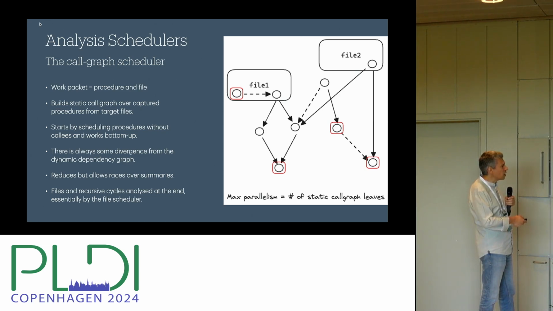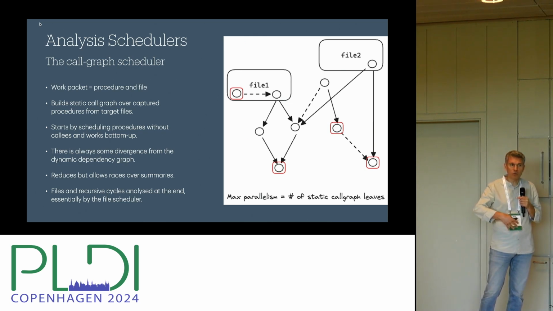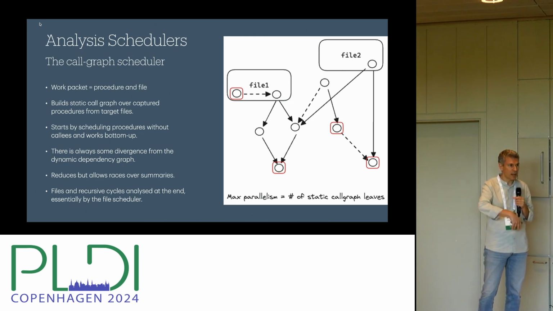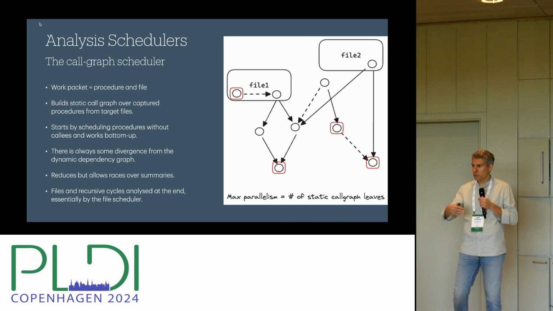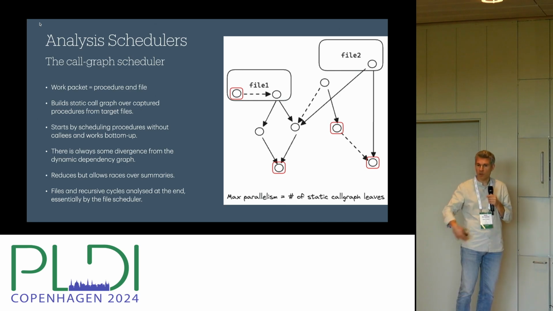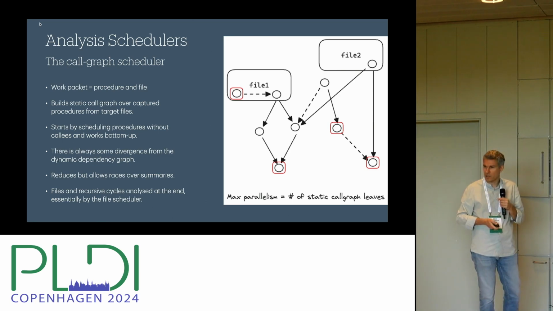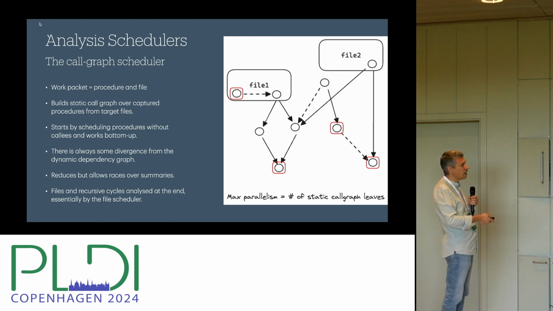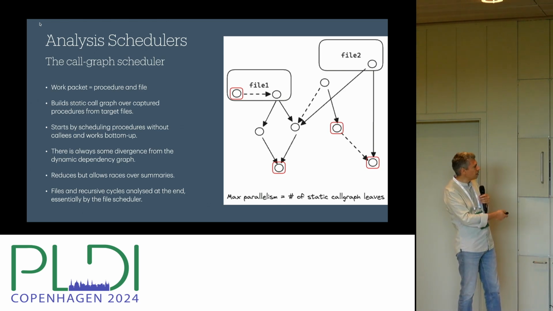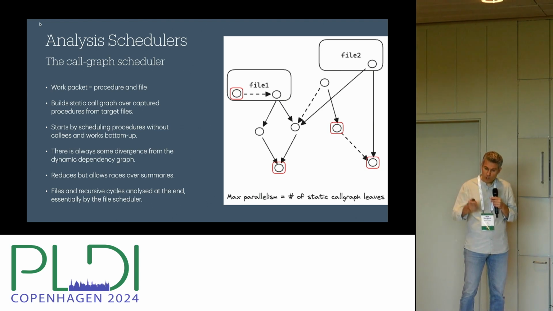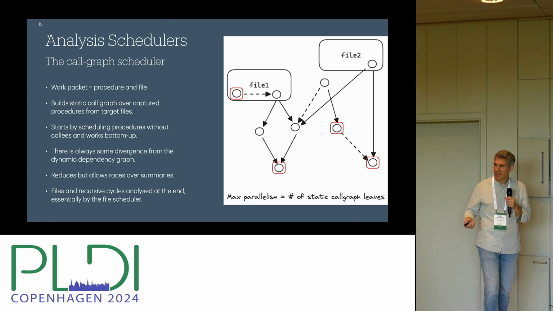It does reduce races, right? Because of the way we climb the graph. If there was no divergence at all between dynamic and static, then there wouldn't really be any races, right? Because we would always be scheduling distinct procedures that have no dependencies, right? And that means we should never send the same procedure to two workers, right? However, when there are dynamic edges, and they do exist a lot, and I should add, because I think we haven't mentioned this up to this point, it's not just calls, it's also whatever any analyzer may treat as a dependency, right? So examples are,